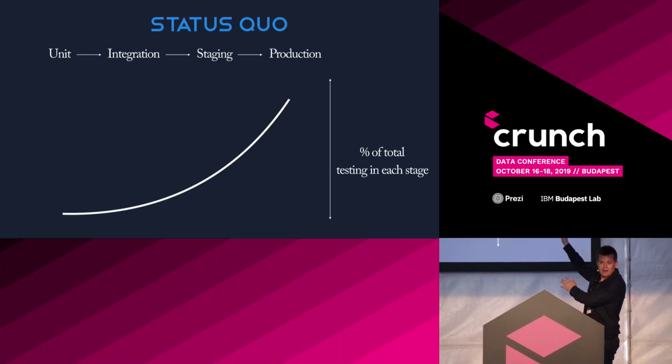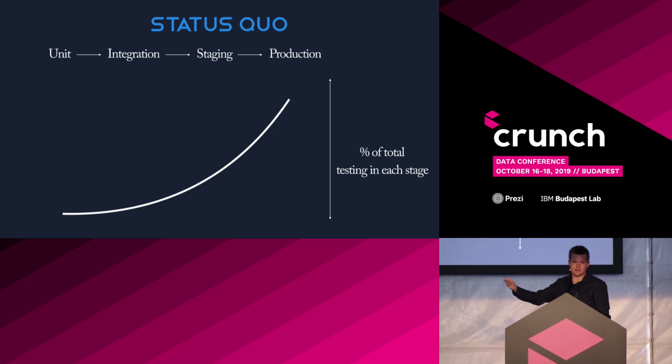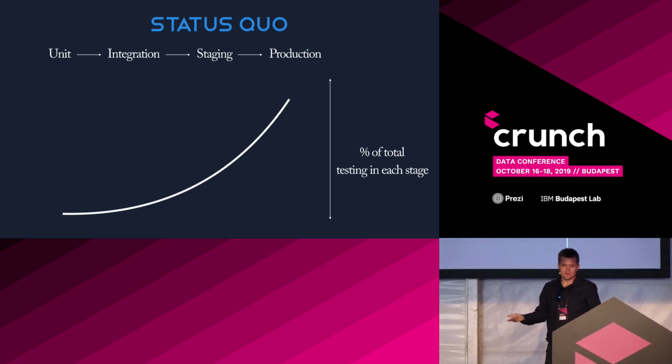So when you think of the status quo today in data systems, and you divide testing into unit tests, which you can run on your local machine without touching any externalized resources, to an integration test, which might be in a CI/CD pipeline where you might have to spin up a Docker container, to a staging environment if you've done a lot of work, which is basically a replication of your production environment, maybe on some sample data, and then your full production environment. If you talk to most people who build data systems today, the percentage of testing done at each stage looks like that. In reality, most testing, if it is even done at all, is done in production.